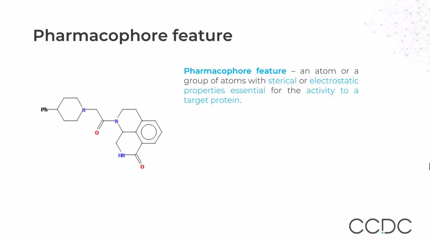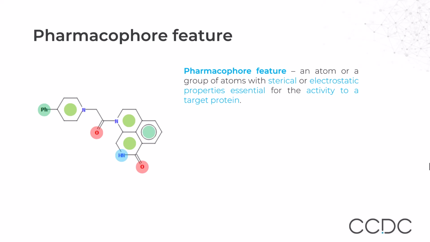It's better actually to look at some examples to understand what a pharmacophore feature is. For the compound that you can see on the left of the slide, I can give you some examples of pharmacophore features. For example, in emerald green, you can see aromatic rings. In more grass-like green, these are just 6-member rings which are not aromatic. In red, you can see acceptors, and in blue, there is a hydrogen bond donor. Well, these are just simple examples.